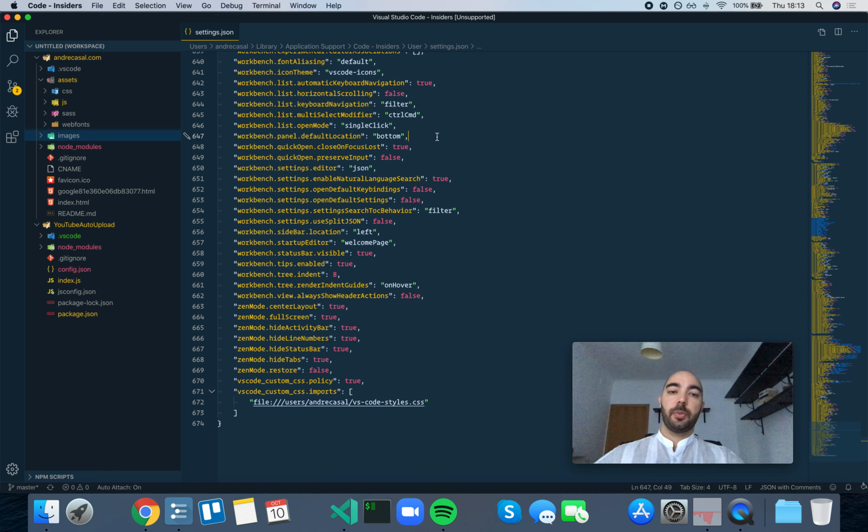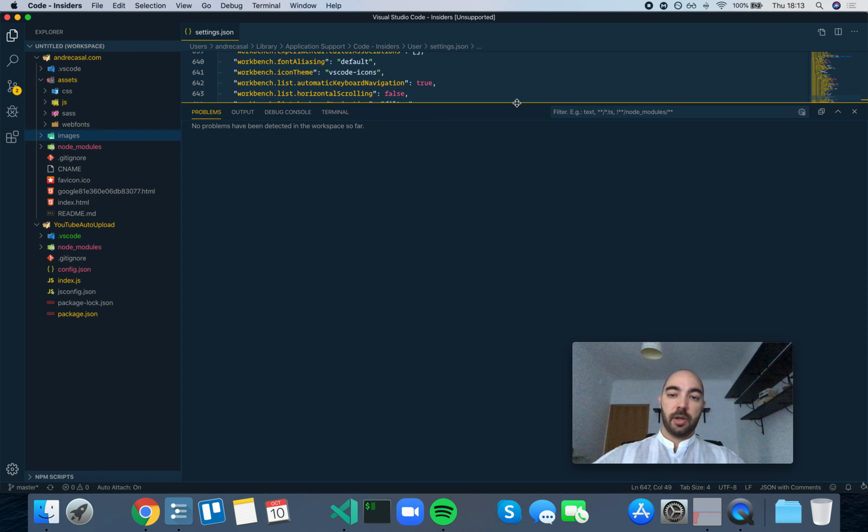Okay, so workbench panel default location controls the default location of the panel. That means the terminal, the debug console, the output, and the problems. It can either show at the bottom or on the right of the workbench. So by default it's set to bottom, so if you click this little button here, it's going to open up